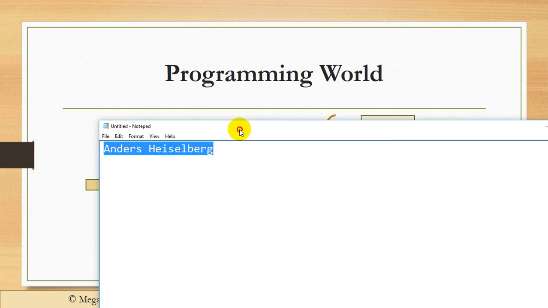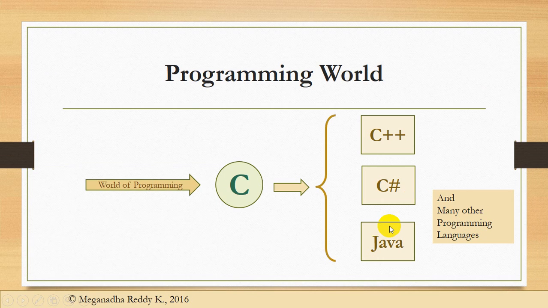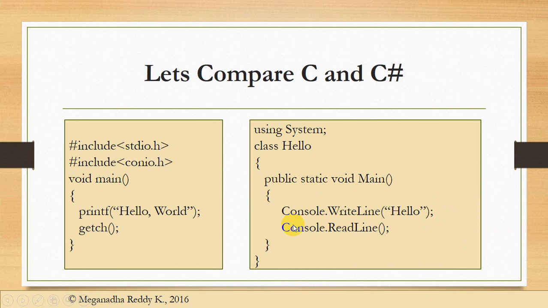He also worked on Java, and Microsoft recruited him, and so he started with the C# design.